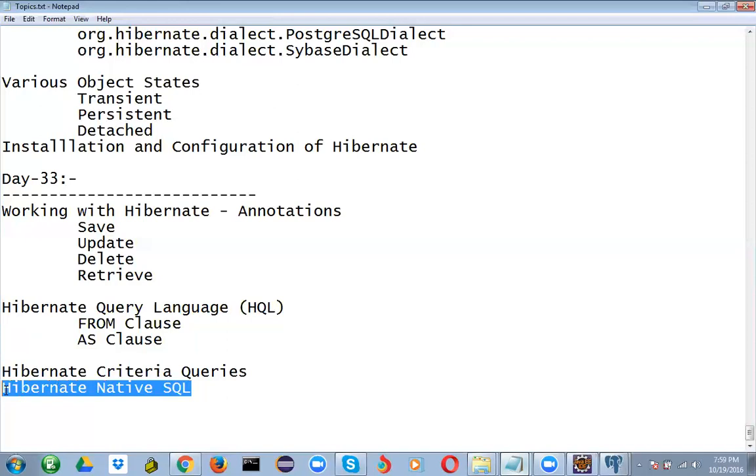Do not get confused with this. We can use it. There are certain cases that